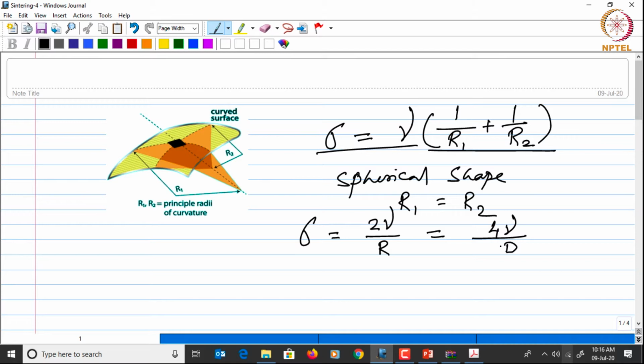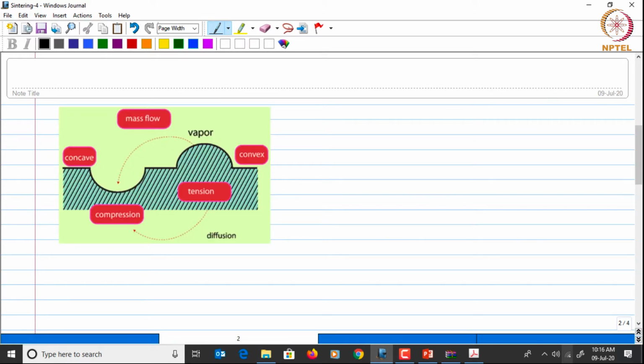Now coming back to this densification that we are talking about, we had seen that it basically happens through the formation of a neck and then the transportation of mass towards the neck for it to grow and the densification to proceed. So the mass transport which happens during the densification will also be affected by this stress which is generated due to the curvature. This can be depicted with the help of this picture over here,